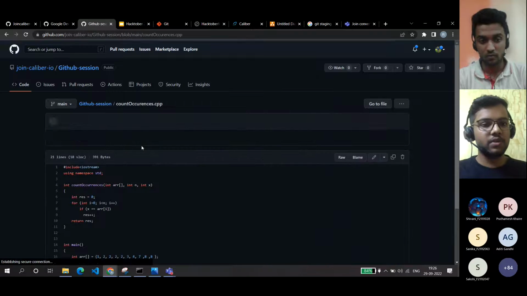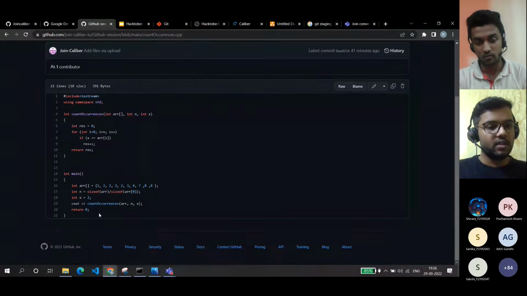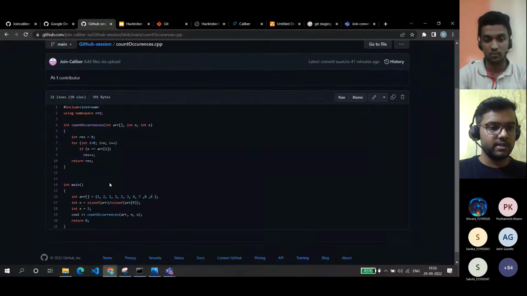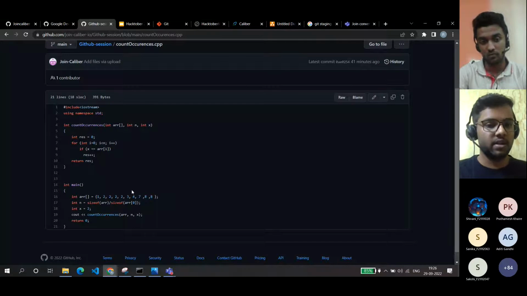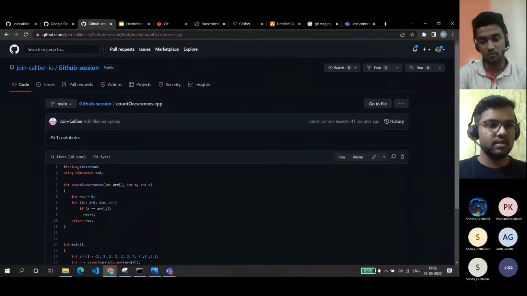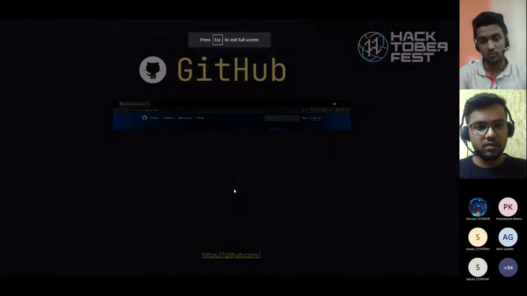So I will go into this code and see what it is. This is basically code to count the number of occurrences. So I could take their code onto my system and modify it. I could suggest a better approach to count occurrences in a sorted array. I could do any number of things to this.